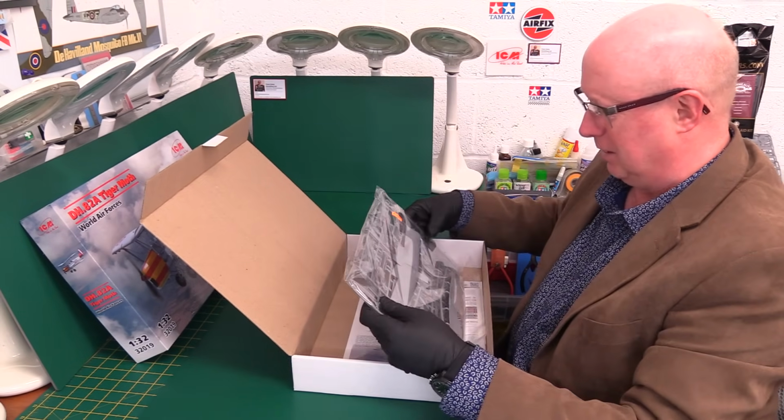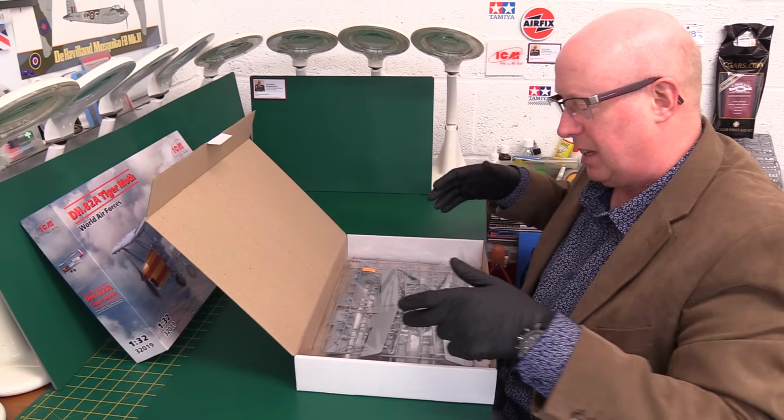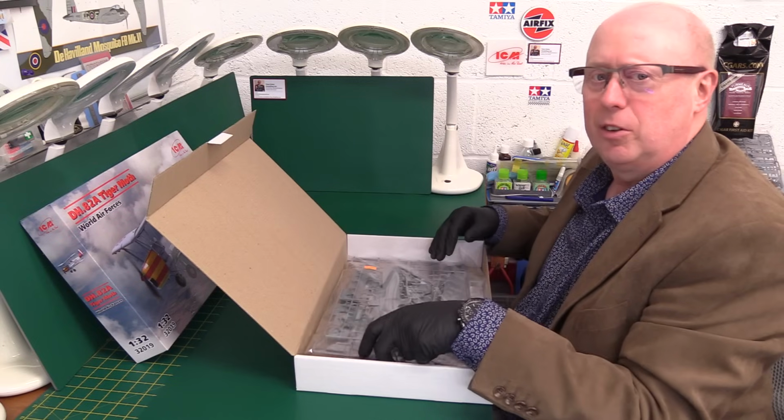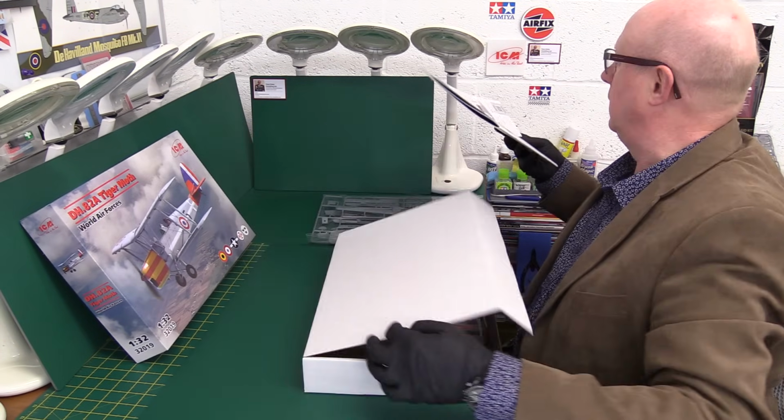In fact, this actually looks a bit over-boxed, but it is physically a big sprue, so it fits the space, it just hasn't got the depth. Well, that's it, okay. All looks very straightforward then. So obviously it's